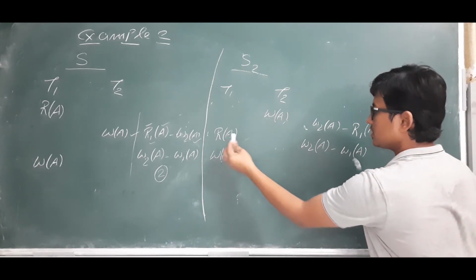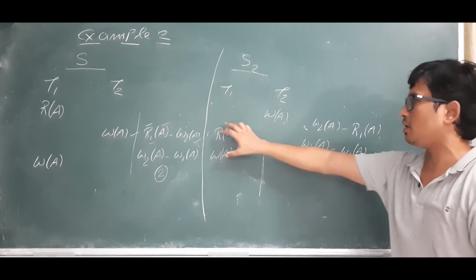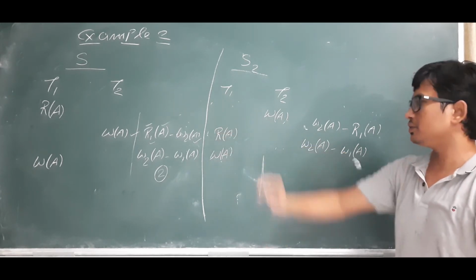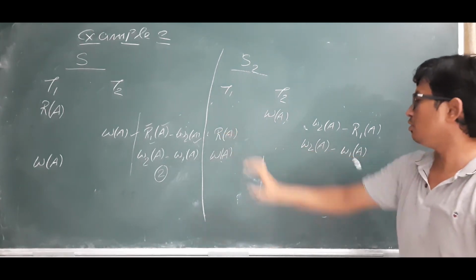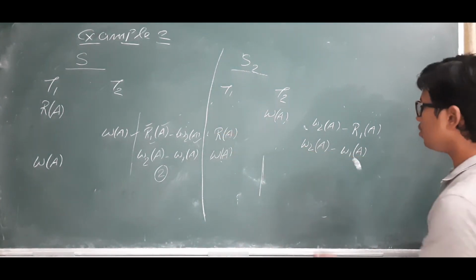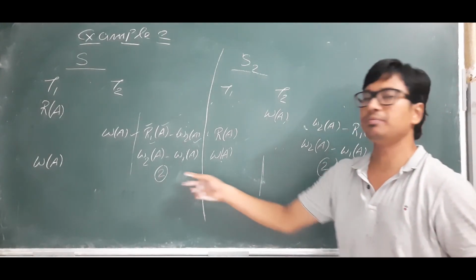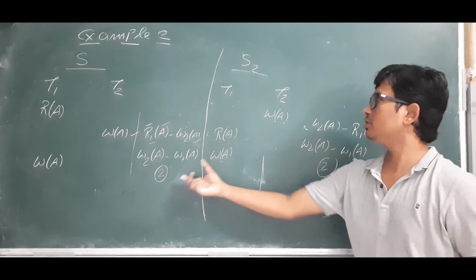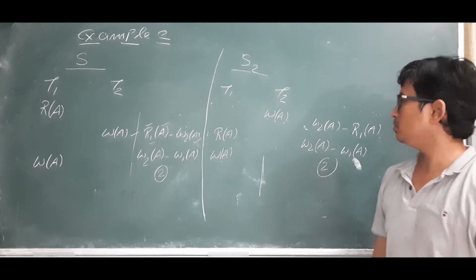Do these two operations have any other conflict operations? There are no other operations in transaction 2 after this one, so we need not check for further conflicting operations. How many conflict operations did we get? 2. So the first condition is satisfied: the number of conflict operations in both schedules is the same. The second condition is that the order should be the same.